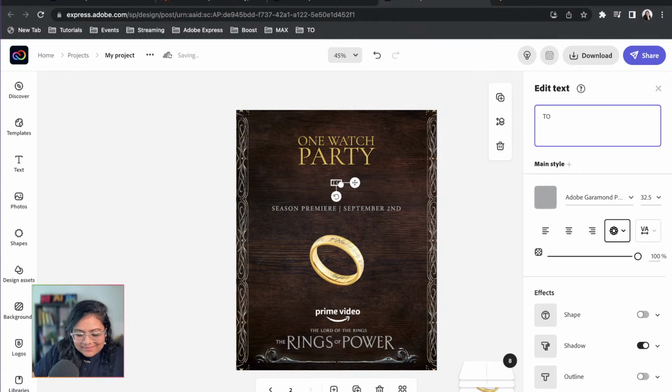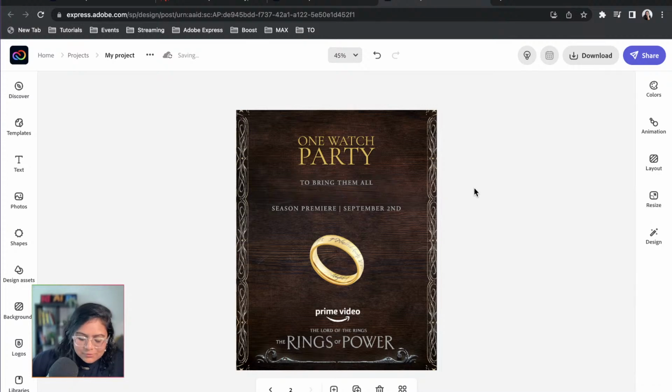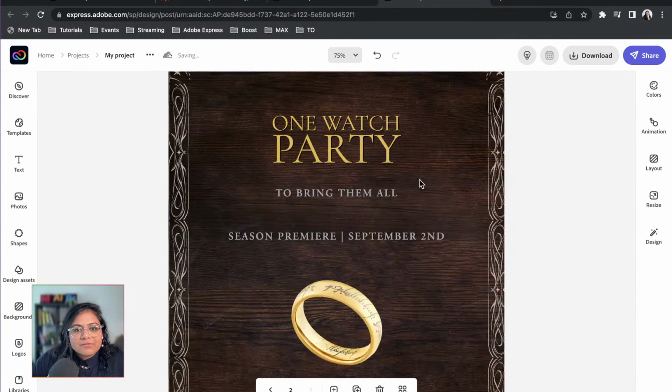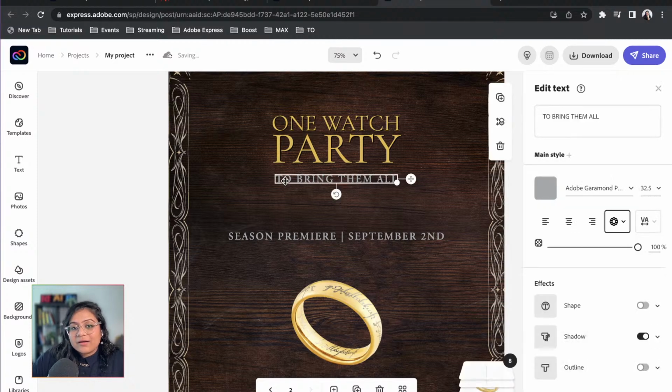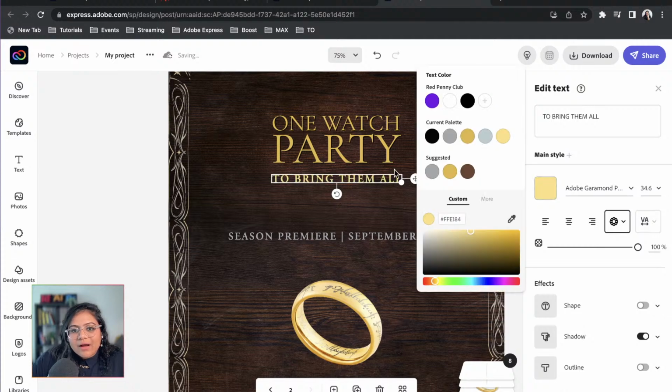I think bring them all, Uriel is winning this. Okay, to bring them all. I'm just gonna use to bring them all, and I am gonna zoom in. I feel like I really need to zoom in because you really can't see anything. I mean, at least I can't. And then I'm just gonna expand it just a little bit, keeping an eye on time. I know I'm really running out.